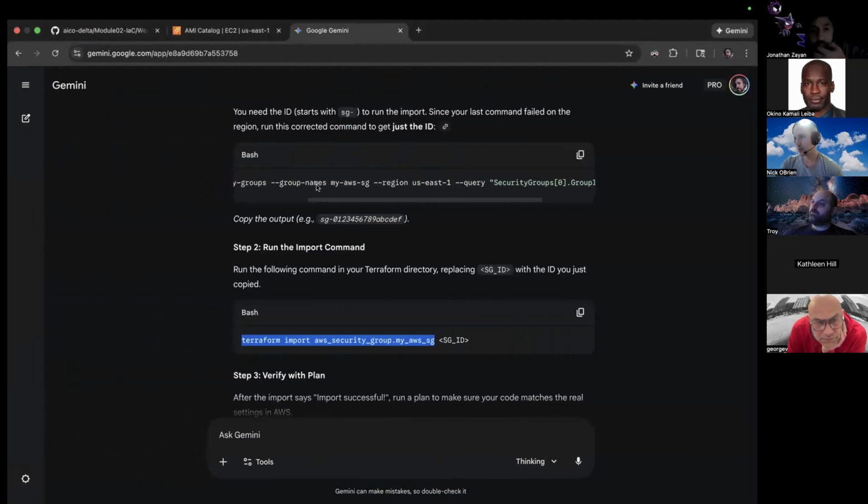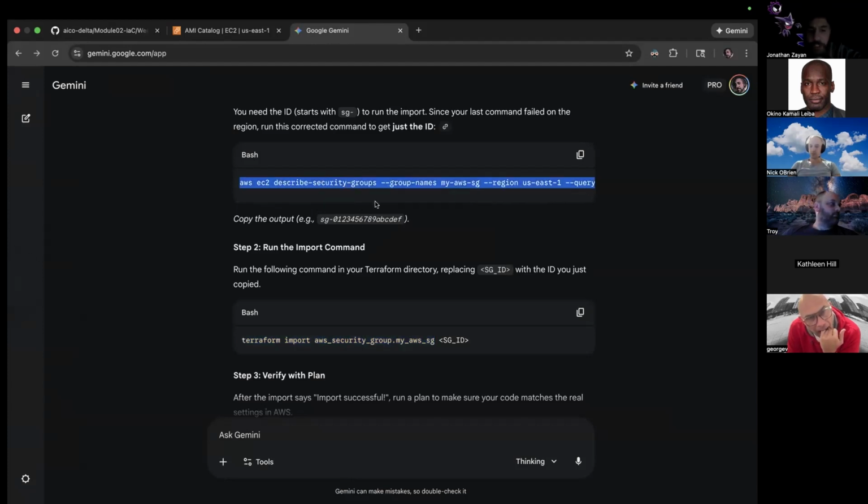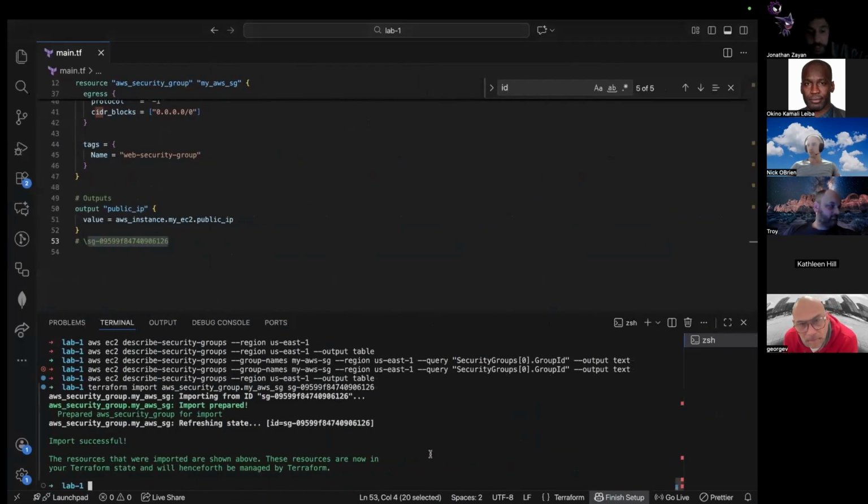The first thing, and I can post this in the chat right now, is we run this line here, which is a ridiculous line. I feel like no human can remember it unless you're working with this every day. But by doing this, it pulled in the security group ID. Then here we did an import for it. Instead of destroying and recreating it, which would only work for one person at a time, now everyone can utilize it by importing that group, instead of creating it from scratch.